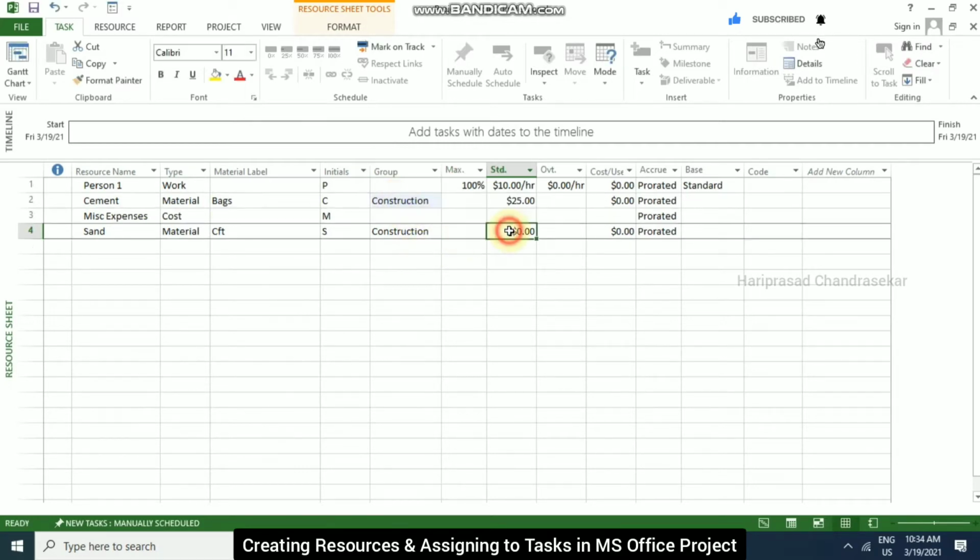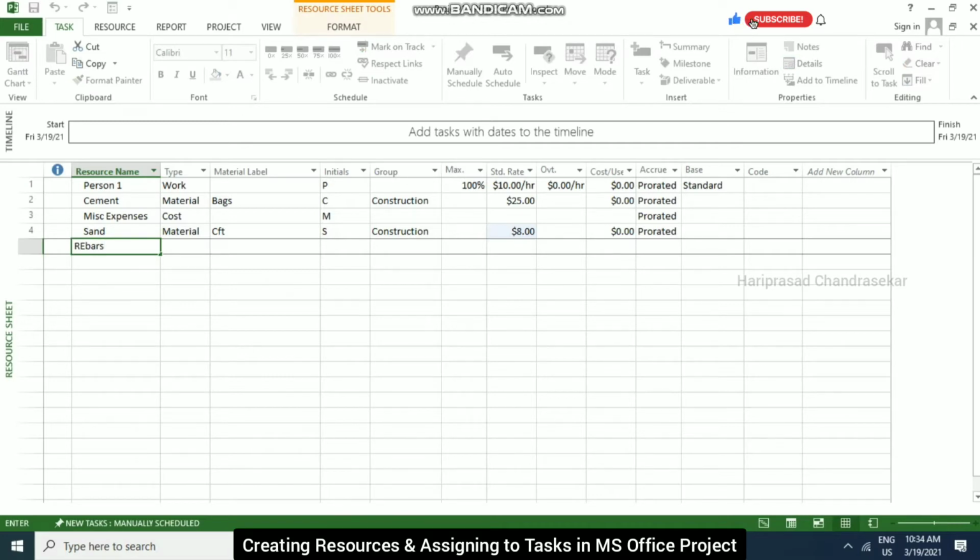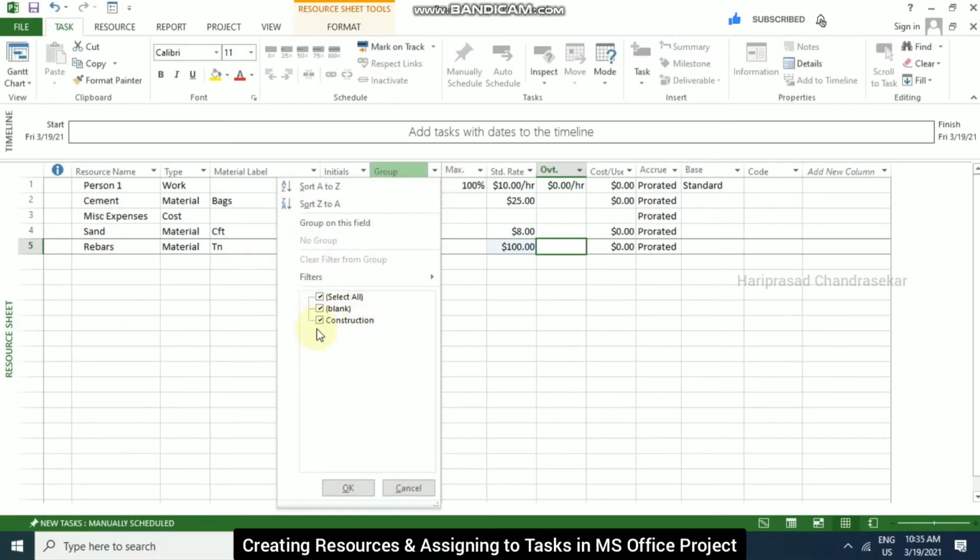Here I'm going to put some $8 like that, and rebars, material, in tons, construction group, and then the standard rate. These rates we need to check; I'm just roughly putting them. So from here you can group them.